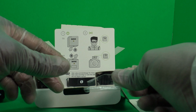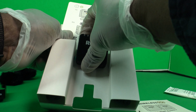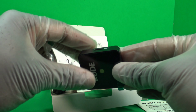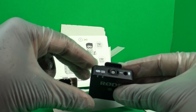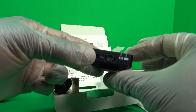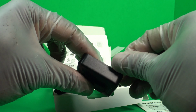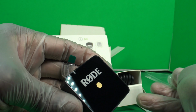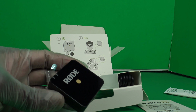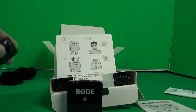You could clip it on your body and clip it to your camera's flash mount, or you could just pull it to the side. And it comes with 2 USB-C cables, and it's pretty neat packaging. As you can see, that's the USB port and the microphone, and it even comes with a mic input where you can actually put a lavalier mic on your body